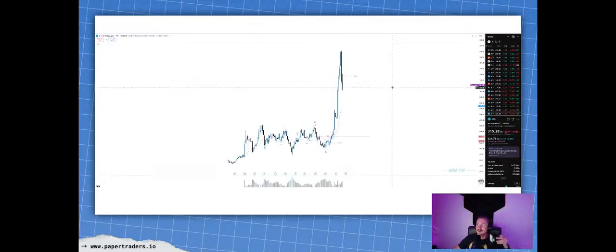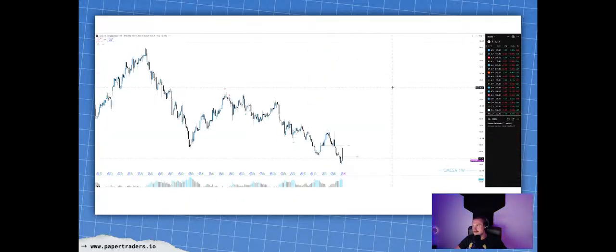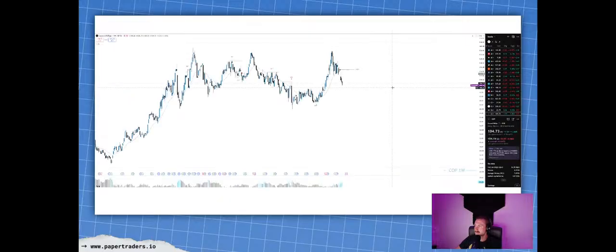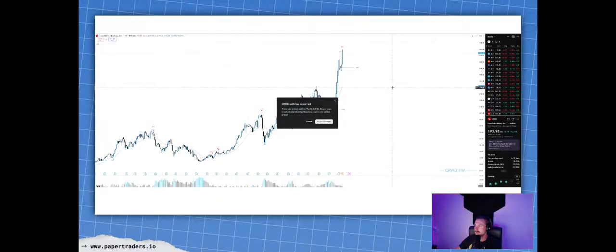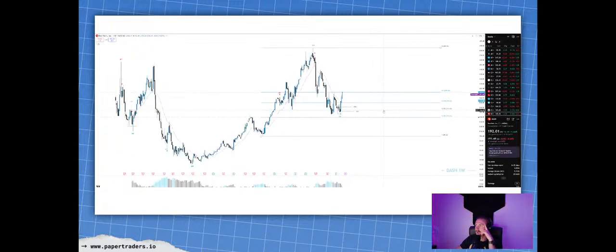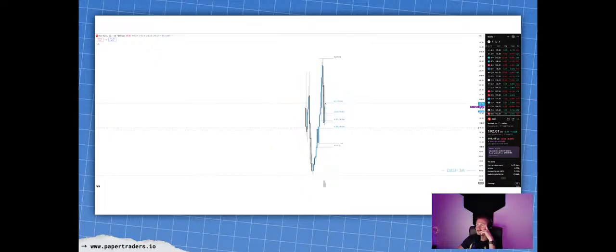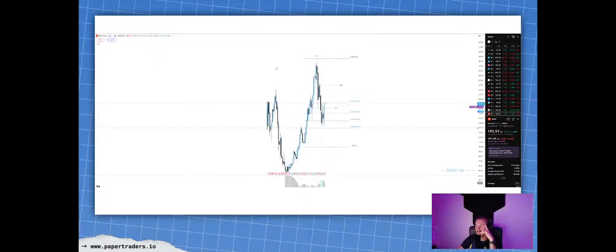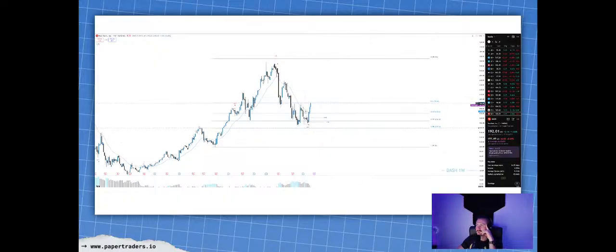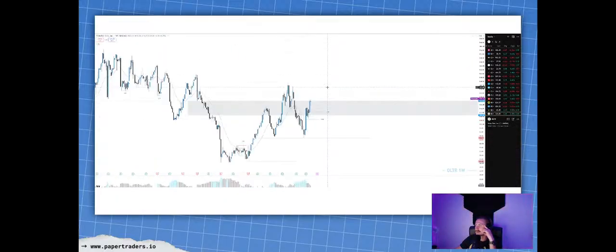CrowdStrike has whatever. CrowdStrike, I don't care. Cisco, Carvana. Dash was another one that I'm looking at that looked good on the quarterly. It was still inside quarter, so I'm seeing what they do here. But I love the consolidation and the OTE here and the SFP on that weekly candle. DE as it continues in that run.